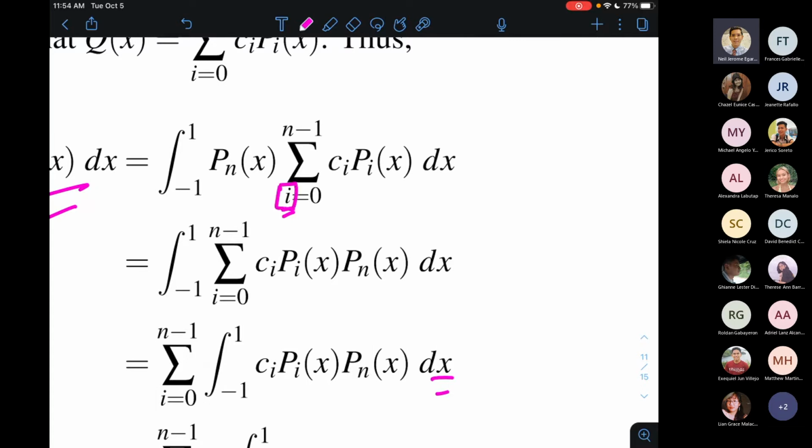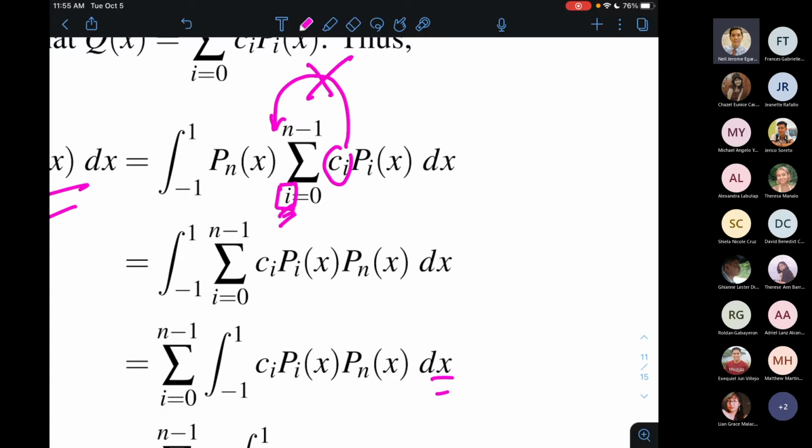So ibig sabihin, everything with an i is treated to be a dependent variable to the summation. So kapag meron kang i na involved sa isang term inside the sum, it cannot go outside the summation. So yung C sub i, hindi ko siya pwedeng ilabas kasi involved yung index